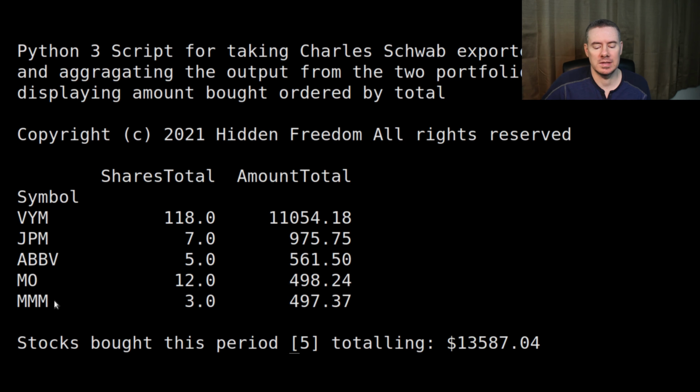And I think they had a little bit of decline one day after earnings or something. It kind of sold off, so I picked up 3 shares, another $497. Total stocks bought this period, 5 stocks for a total of